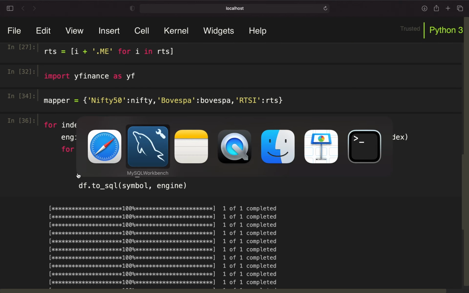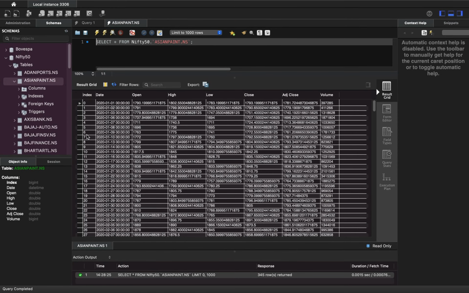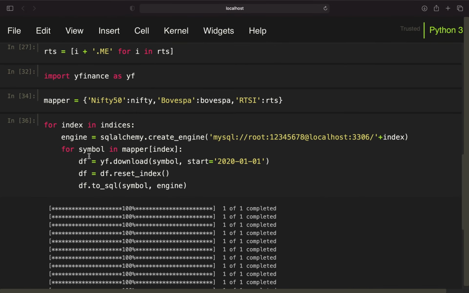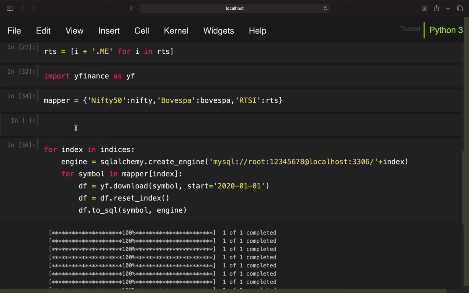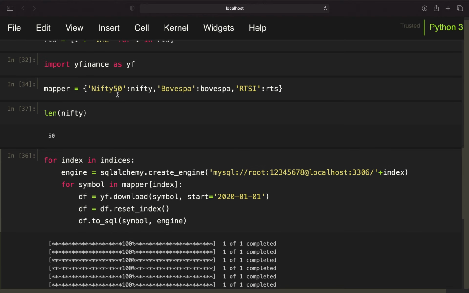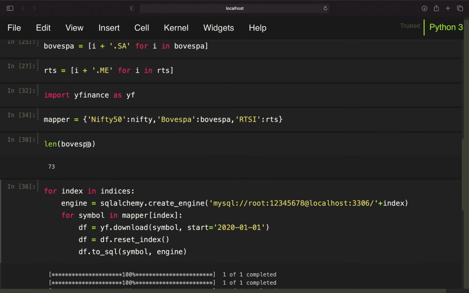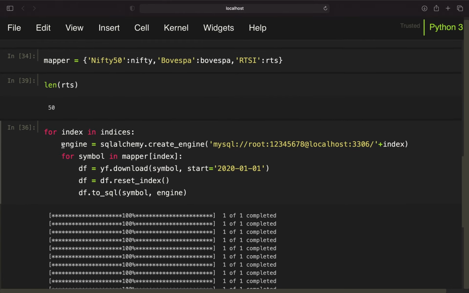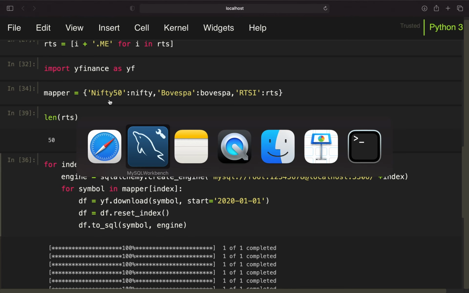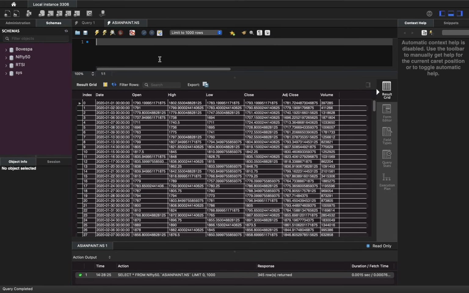And yeah, let's take a look at the script again. So it is executed, so we have all the data. Let's do a quick sanity check if we got all. So therefore I'm just doing the following. I can just take a look at, for example, the length of Nifty. 50, yeah, of course 50, good. Bovespa we have 73, and RTS we have 50, 73 and 50. So I want to get the number of tables for Bovespa, for example. I can use select count star